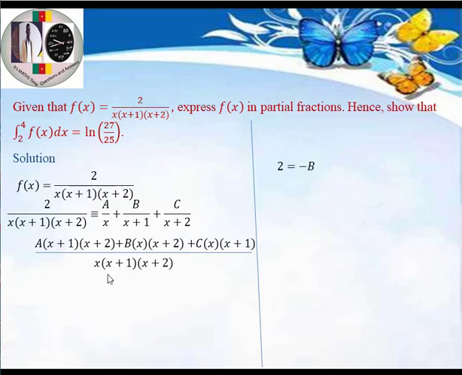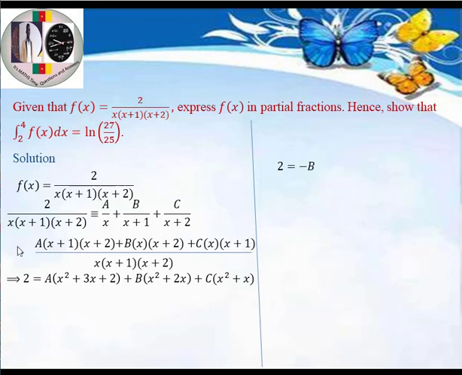Since the denominators of the fractions on the left and on the right are the same, for these two fractions to be identical, the numerators must be the same. So A(x + 1)(x + 2) + Bx(x + 2) + Cx(x + 1) must be equal to 2, which is the numerator on the left-hand side. So we are saying that 2 is equal to A times, we simply open up the brackets,